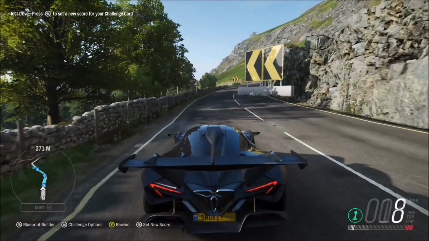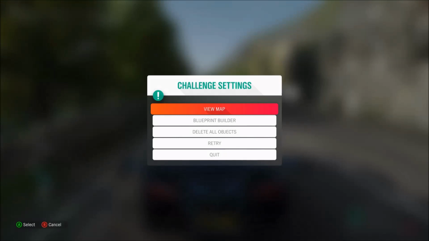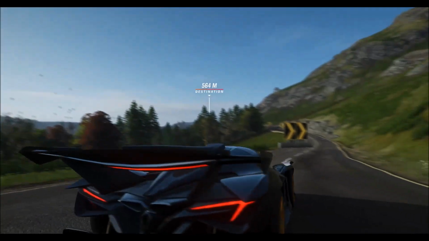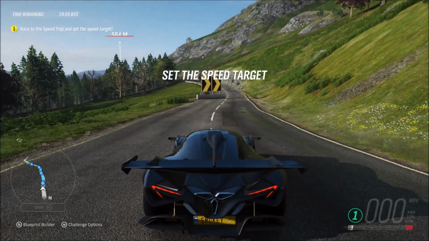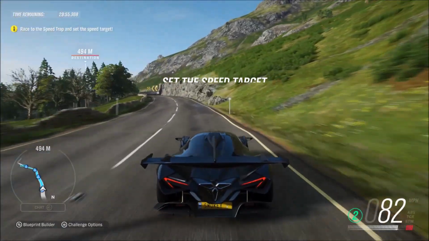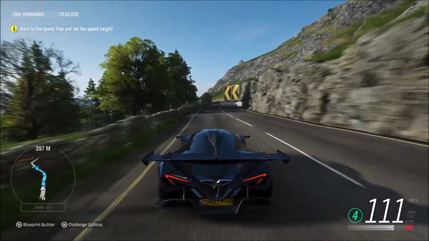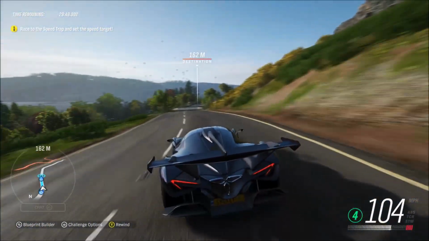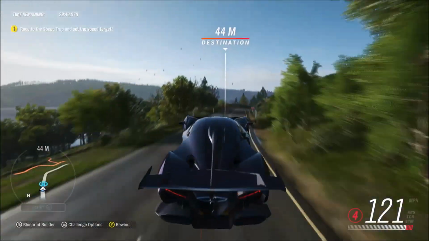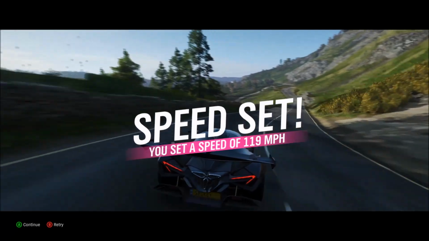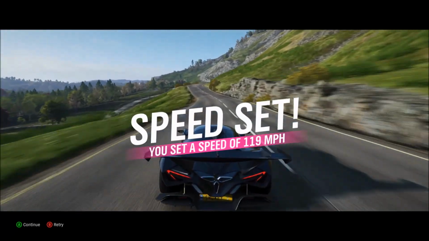So once you're happy that you've tested your track and it works and it's drivable, you can then press the start menu and go to retry, and basically what this will do is set you at the start of your track and it will allow you to set a score. So for this, what I'm doing is setting a speed trap score. So I'm driving towards the speed trap, and whatever speed I'm going at when I hit the speed trap, that will be the challenge that you have to beat in order to win. So if I'm happy with that, and that's what I want my score to be, then I'll just click A,